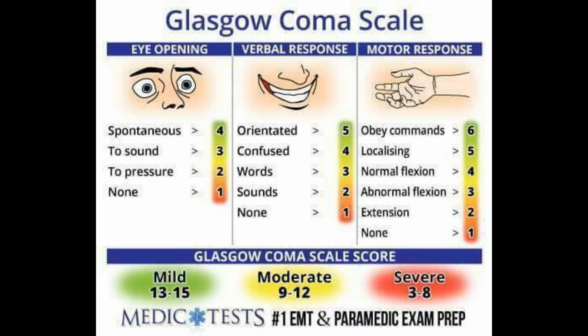Now, how do we grade the GCS? Once we collect the scores from eye, verbal and motor responses, we should be able to add them to come up with the total. So if eye opening, for example, is 4, verbal response is 4,